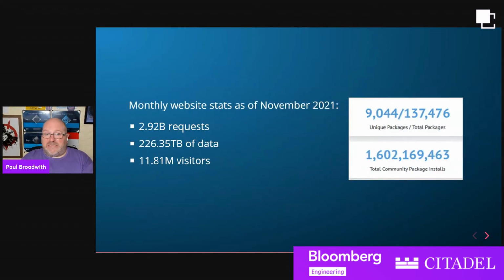So the monthly website stats as of November 2021, and the stats on the right were taken on Sunday. The stats on the left were taken about 10 minutes ago, because I forgot I had not updated them, so I went quickly to do it while the previous speaker was on. So we can see there on the right, the Chocolatey community repository has 9,044 unique packages and 137,000 versions of those packages. And that's in total